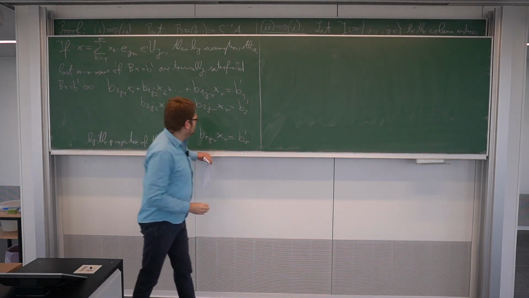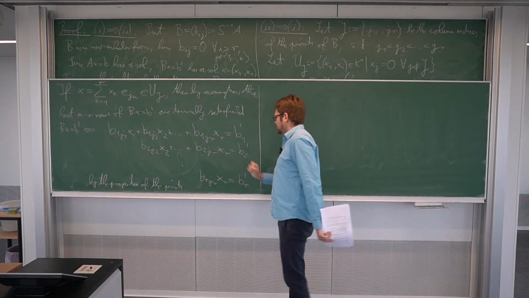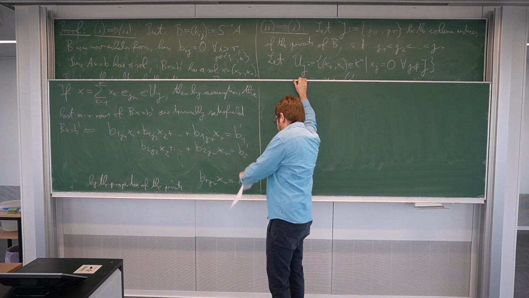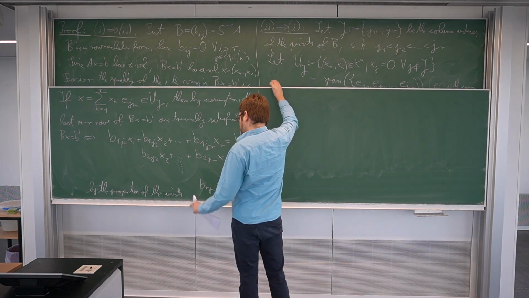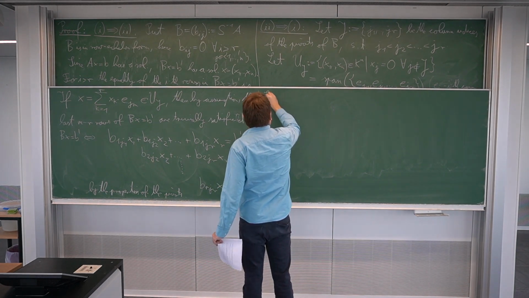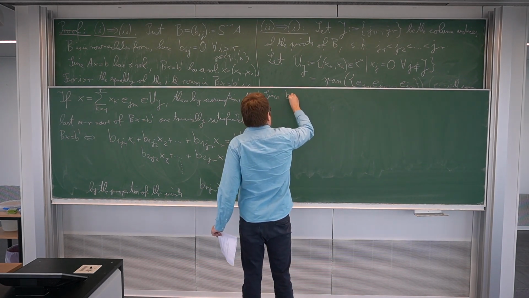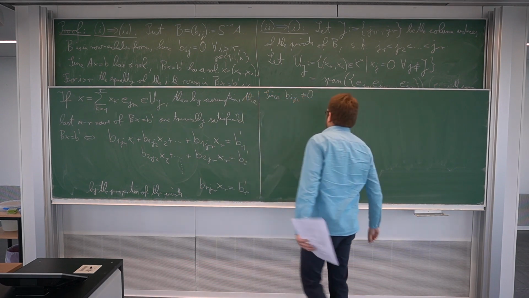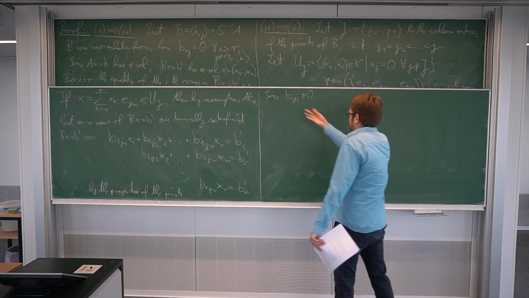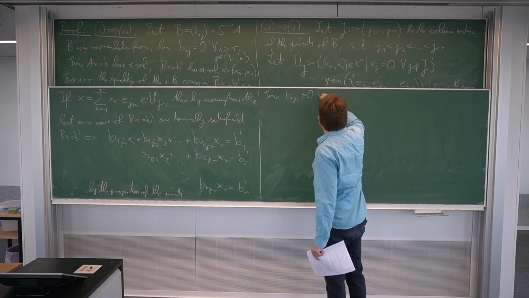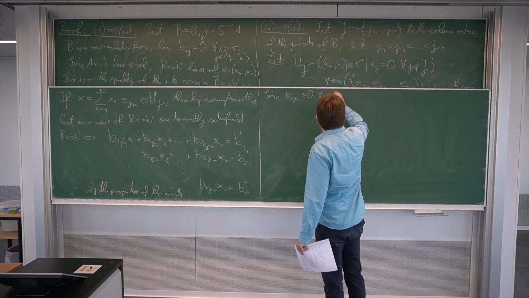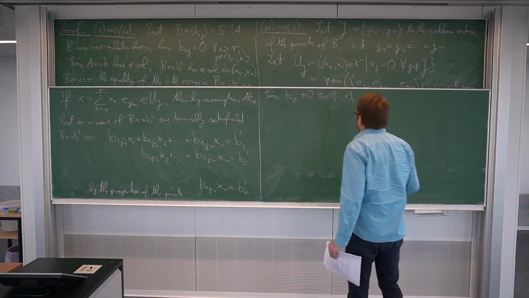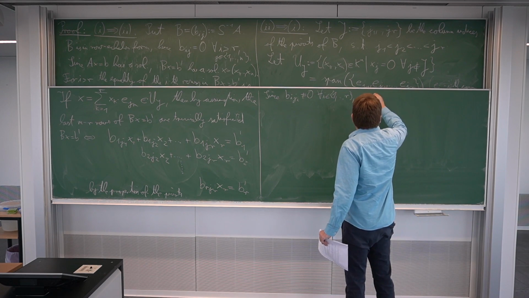Okay, and now you can probably see where we're going. So this looks now like we did Gaussian elimination, and now we can undo everything to get the result for these numbers, because just by the properties of the pivots, we know that bi ji is non-zero. This is how pivots are defined. Or just by definition of pivots, this always holds. So since bi ji is non-zero for all i between 1 and r, we obtain: